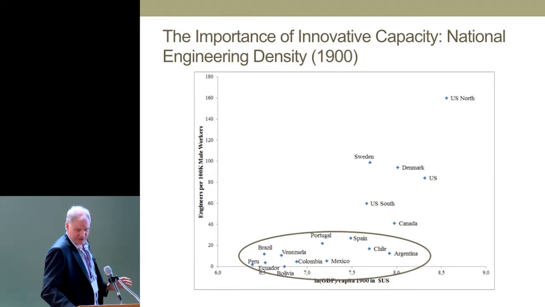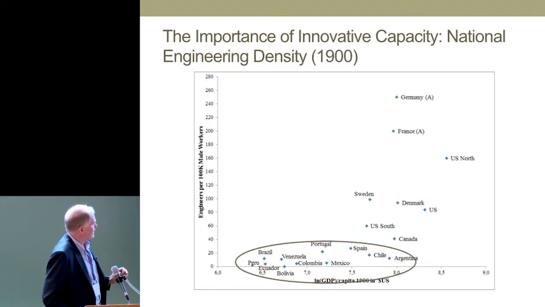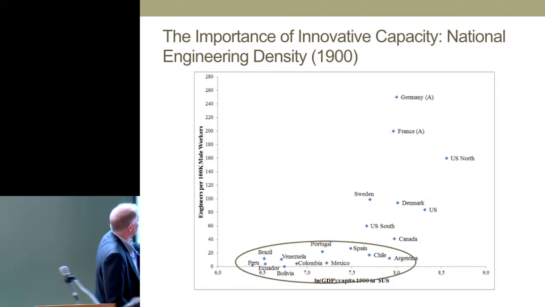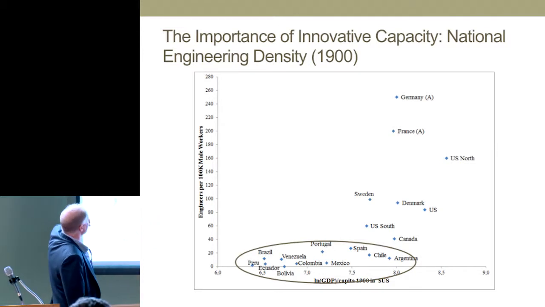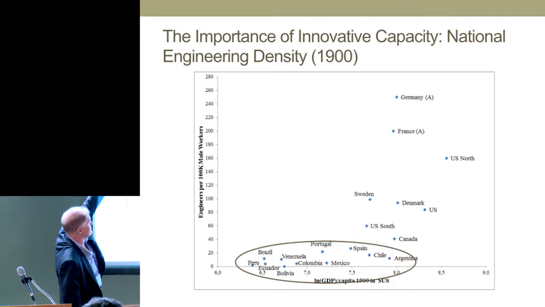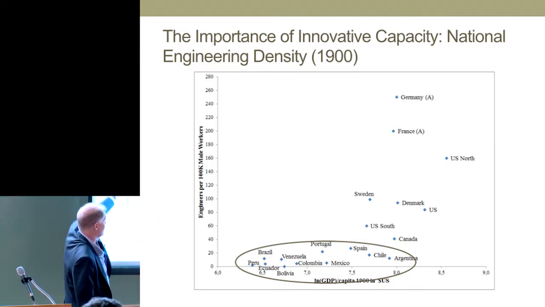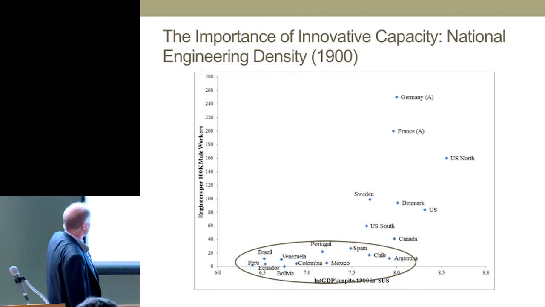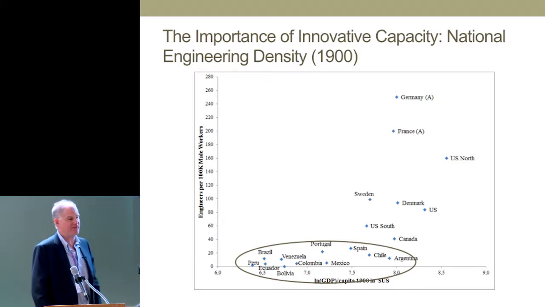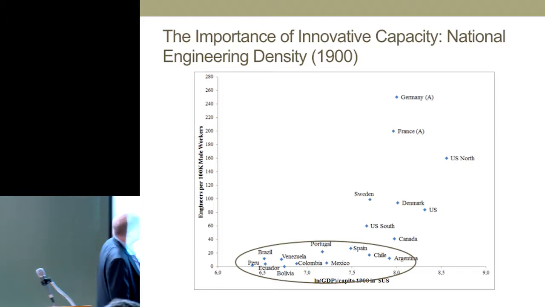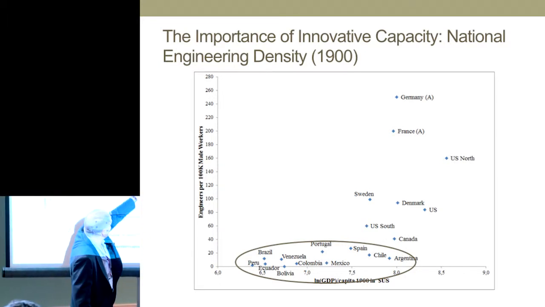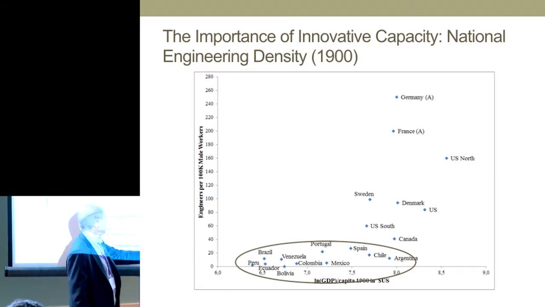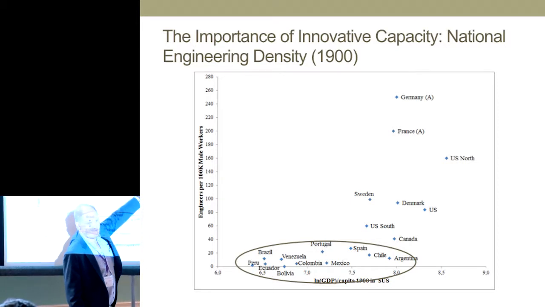But the first thing to note is there's a fair amount of variance here. In the sense the US North is about 160. And Argentina, which is not too much poorer, here we have GDP per capita 1900, not too much poorer, is about an eighth of that, maybe about a tenth of that. Okay? And in fact, if we just shoot up here, we see that a bunch of countries at the same level of development at that point, or GDP per capita as Maddison measures it, with very different levels of density